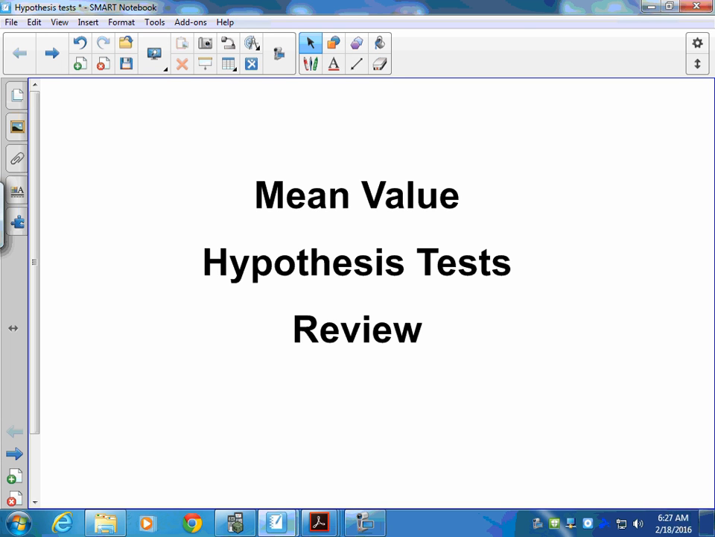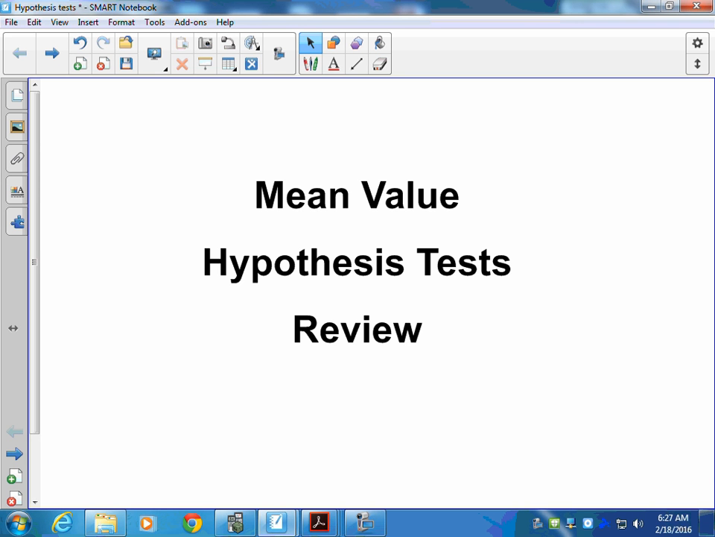Hello and welcome to today's lesson, a review of mean value hypothesis tests. So in this situation, we've already gone through our hypothesis testing unit of mean values once before, and we're just going back and reviewing probably one of the main topics that you're guaranteed to see in a free response question